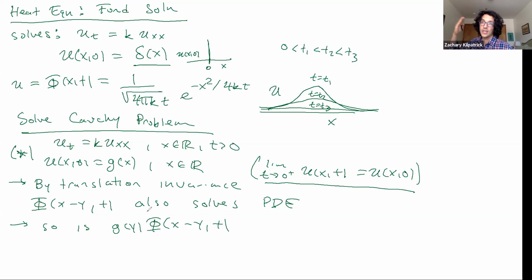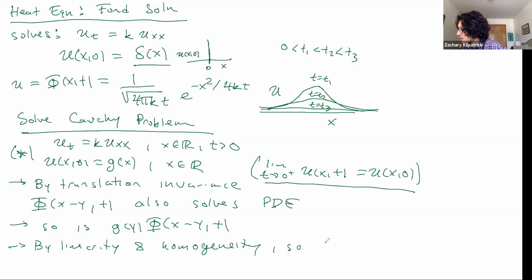A homogeneous linear equation, you can always rescale it and that will still be a solution to a homogeneous linear equation, okay? So putting these things together, by linearity and homogeneity,